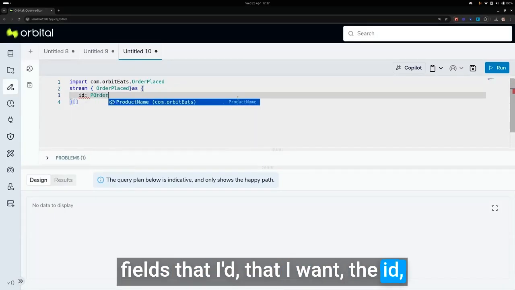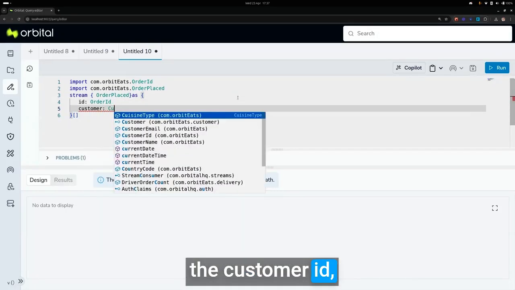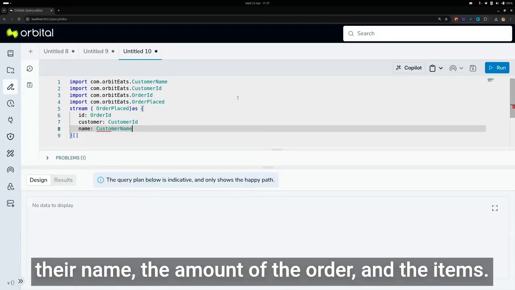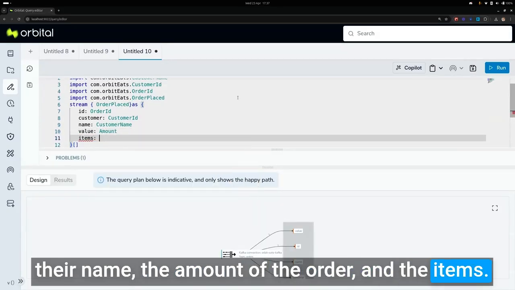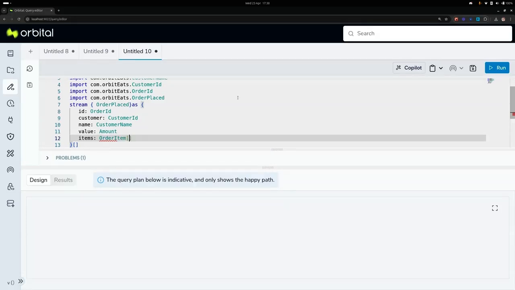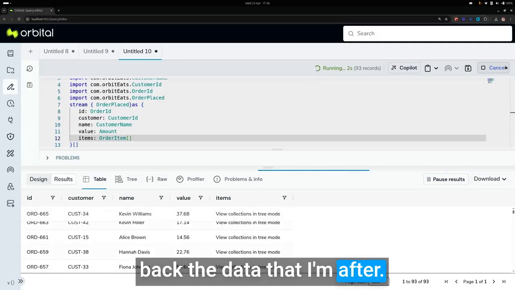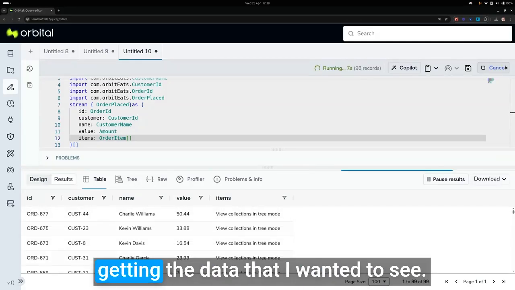The ID, the customer ID, the name, the amount of the order, and the items. Now when we run it, I just get back the data that I'm after. The field names are defined the way that I defined them, and I'm just getting the data that I wanted